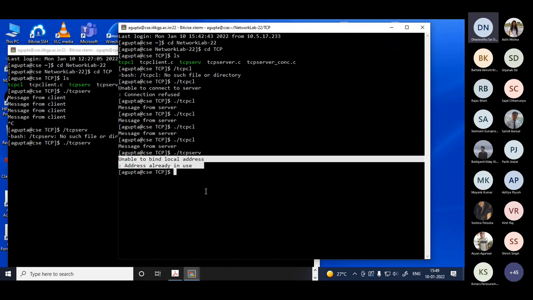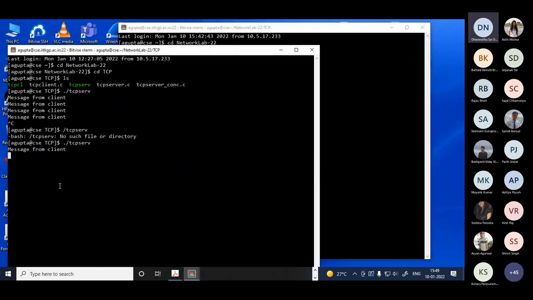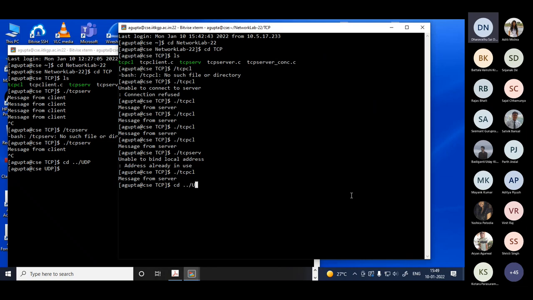I'm not sure where this is. I'll show it to you tomorrow, next class, basically where it is, which directory. Okay. So now, if you run the client, of course it's the same thing. Look at the UDP code. Same thing here. If I run the client first,